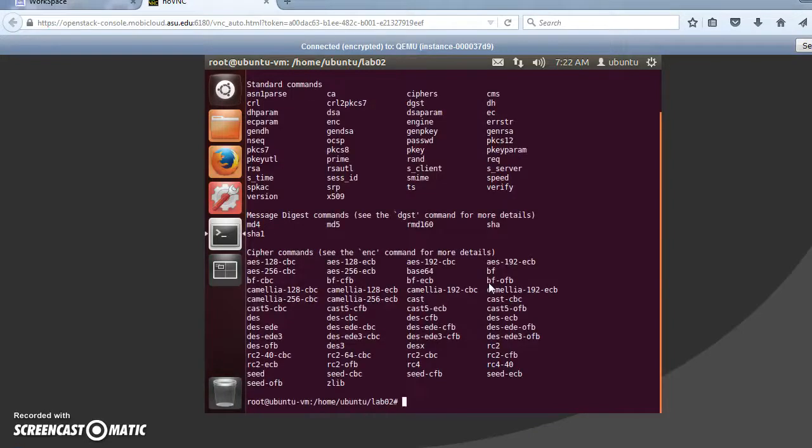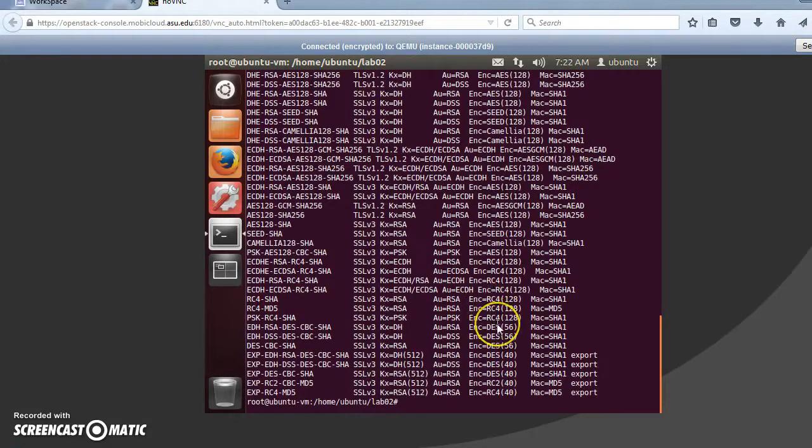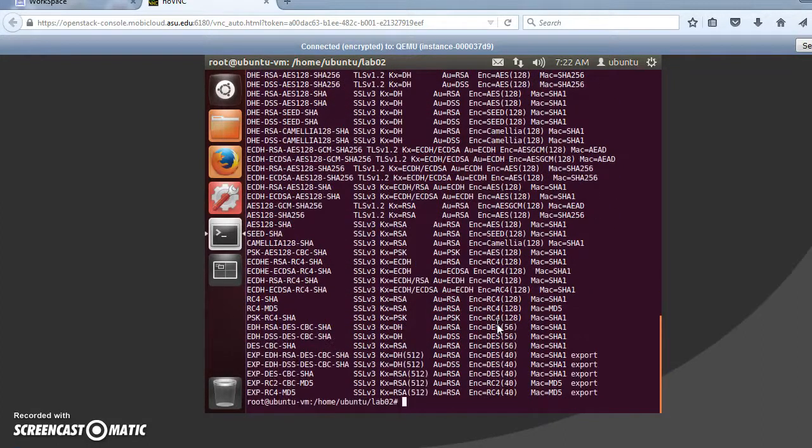We get the standard commands and the cipher commands, and to get all available cipher algorithms, we try openssl ciphers -v. So we get a list of all the ciphers which are supported,